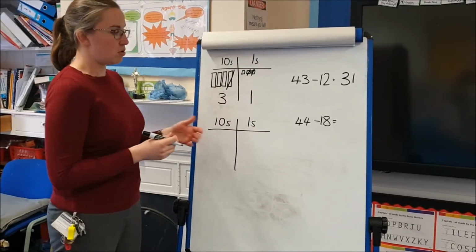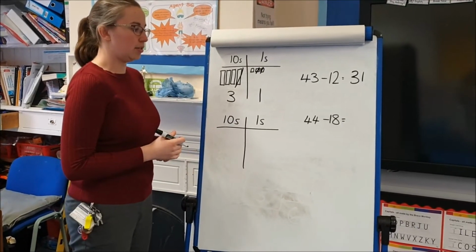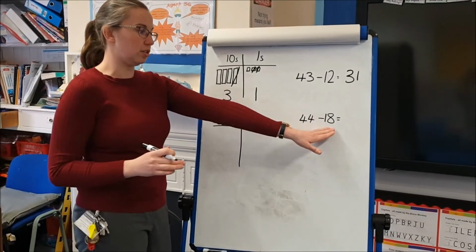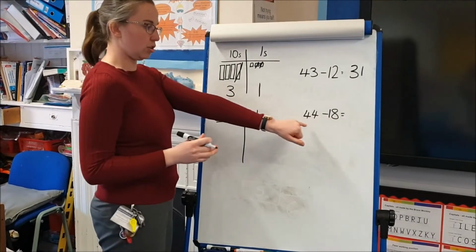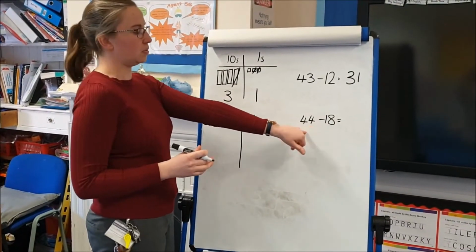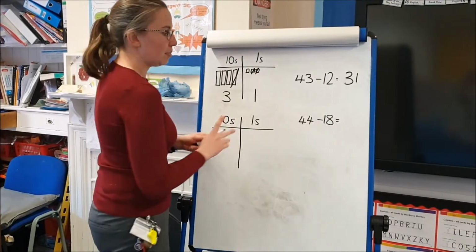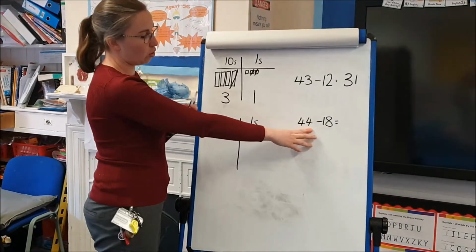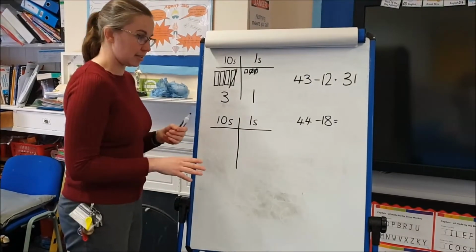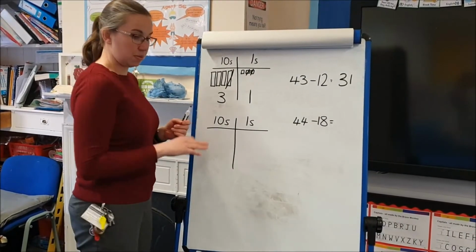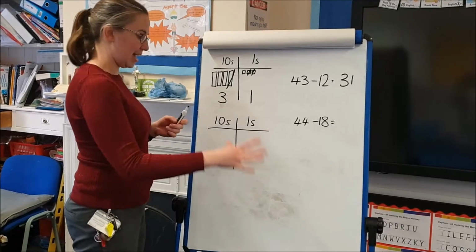Children will then, as they move into year 3, start to look more at subtraction, where we are going to start to need to borrow from larger columns. For example, in this example, 44 take away 18, because we have 8 1s and only 4 1s to subtract from, it's going to become a little bit more complicated. So the way we do that is we first look at doing with base 10, and then we'll look at